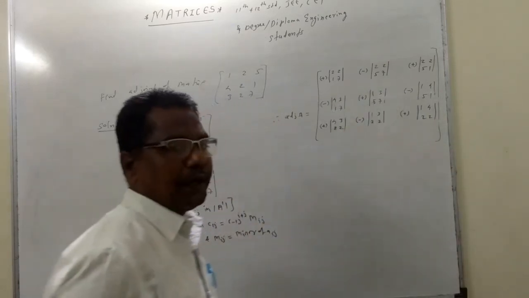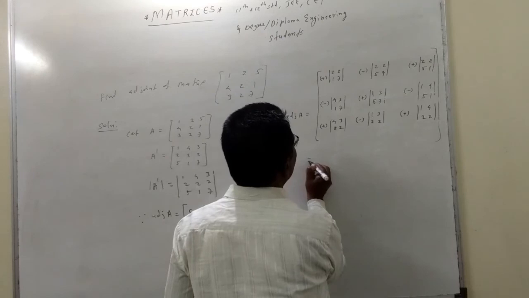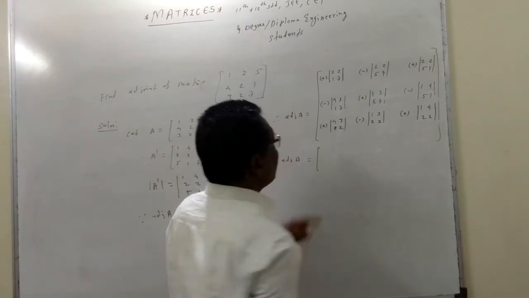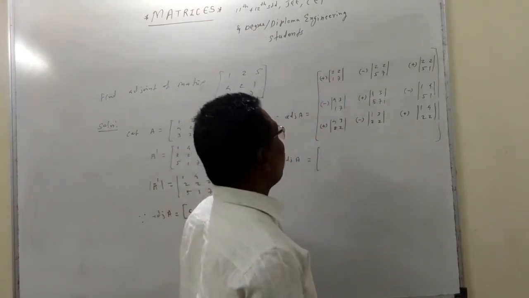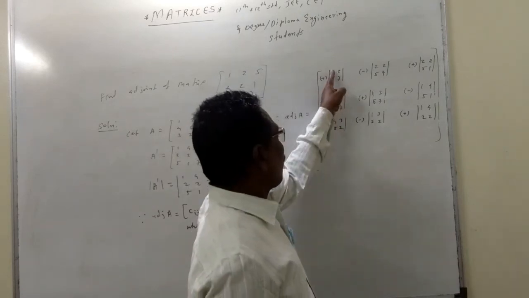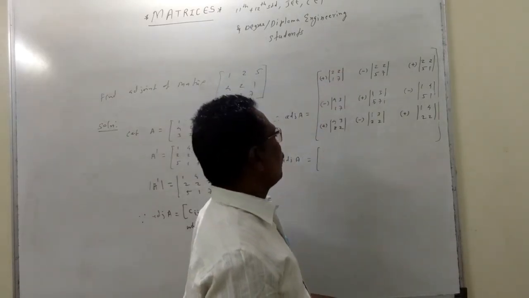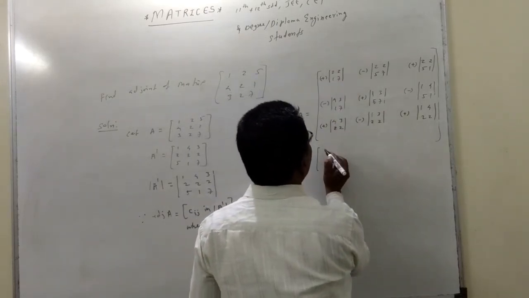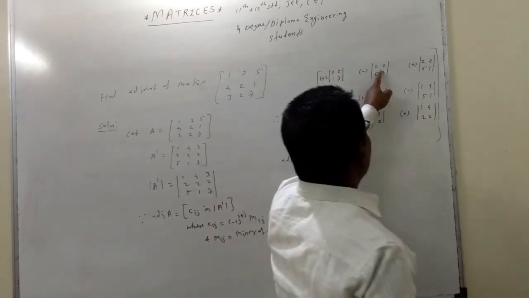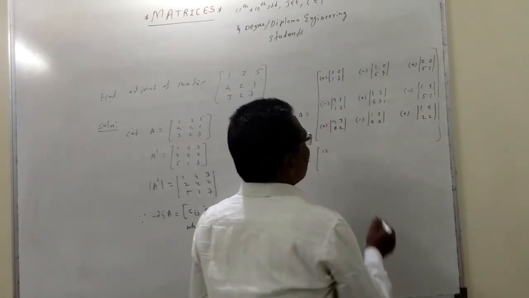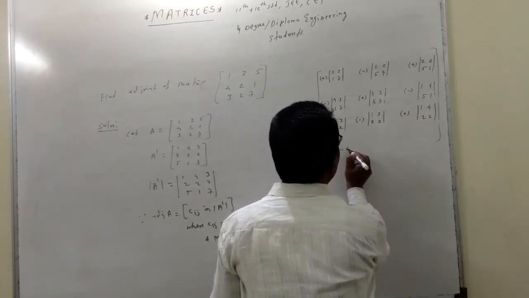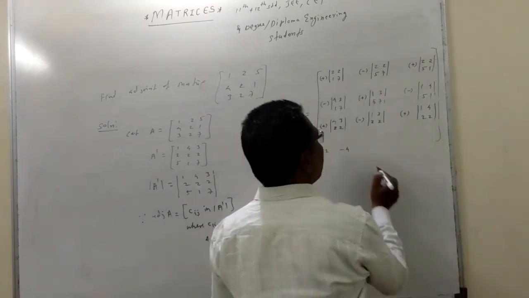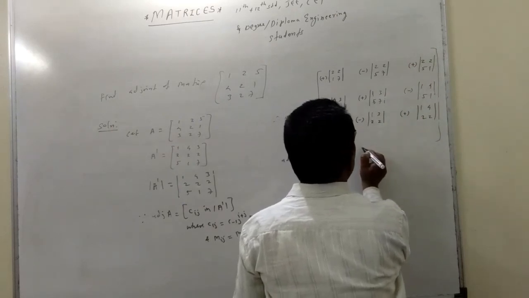So like this, carefully you write the minors, and now do the calculations of these 2 by 2 determinants, so that we get adjoint A. Now here 2 into 7 is 14, minus 2. Product of this minus product of the other diagonal elements. So 14 minus 2 is 12. Outside of this bracket is a positive sign, so 12. Then 14 minus 10 is 4, and with the minus sign, minus 4. Then 2 minus 10 is minus 8. Outside the bracket is a positive sign, so minus 8.